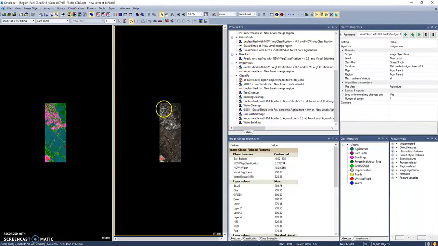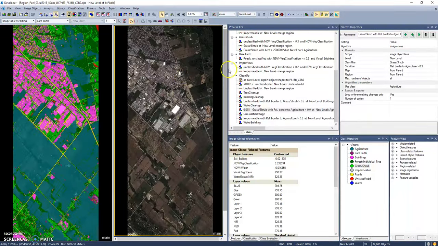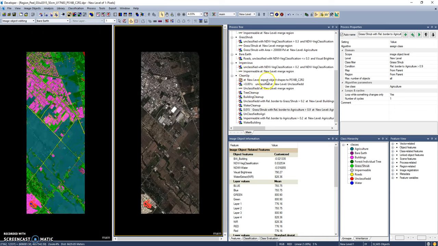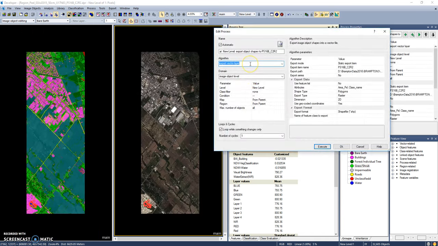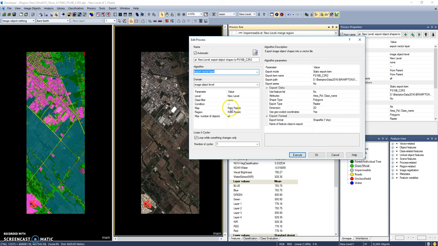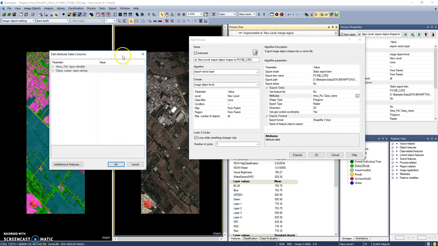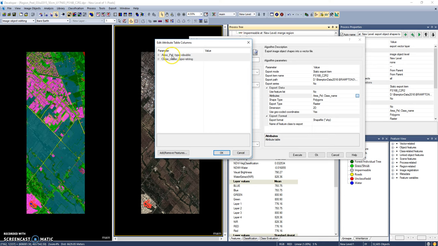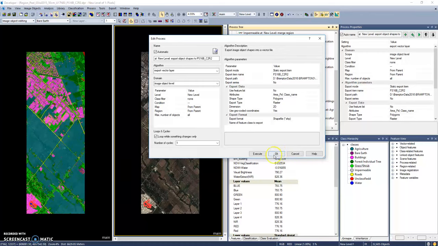So once you have your image classified and you have done your editing stage or your cleanup stage, the last stage is to run your export to vector layer. So what you want to do here is you want to go into name it whatever you want, where you want to save it to, and whatever attributes you'd like to save with that shapefile. So for example, we want the area and the class name. So it'll be as a string, and we will export this, and I can open it up into ArcMap